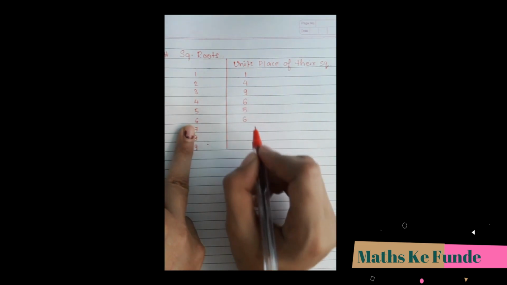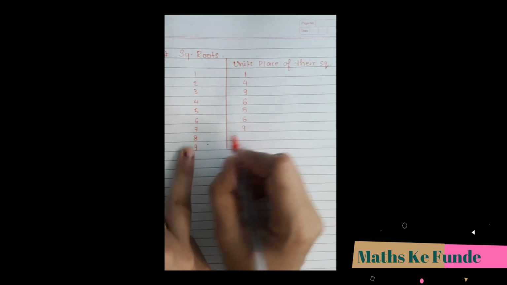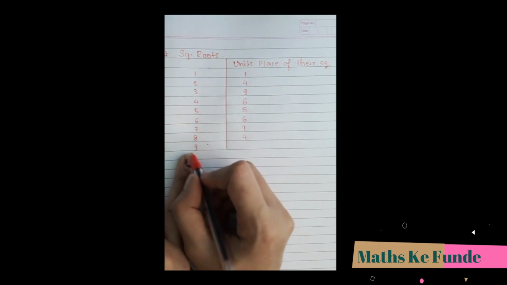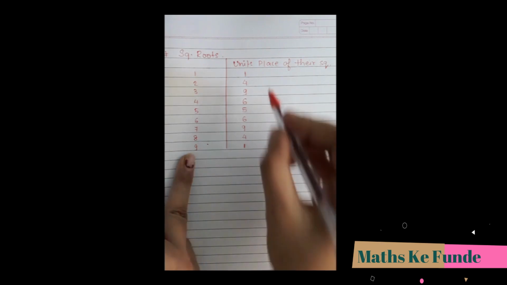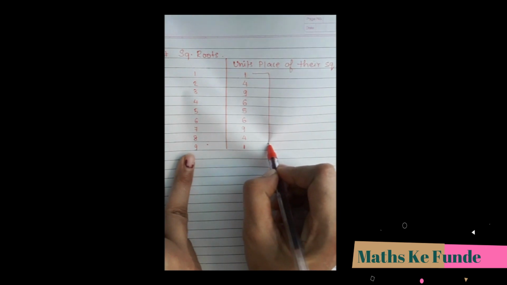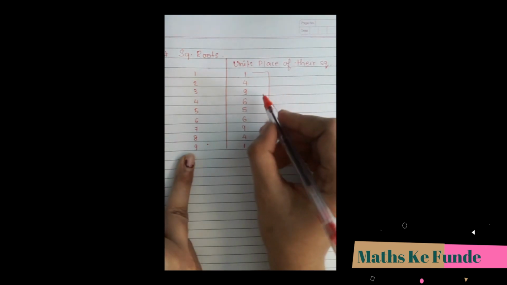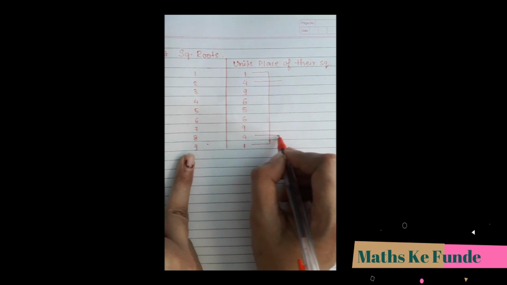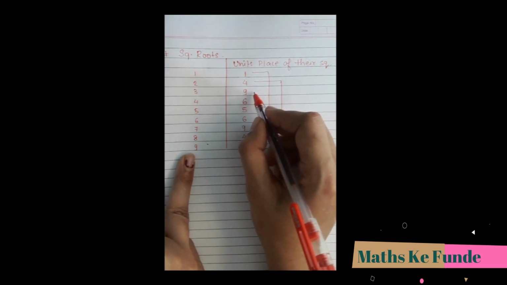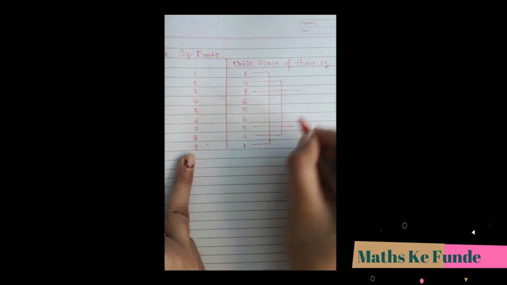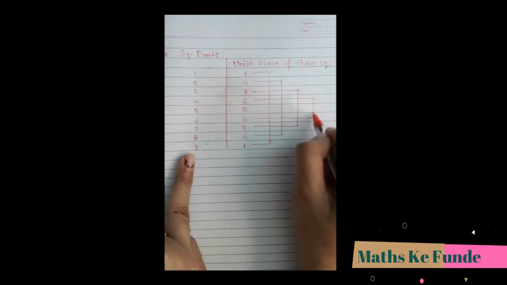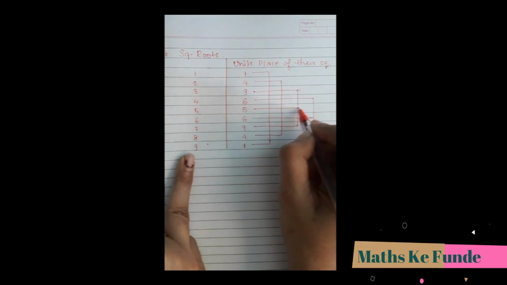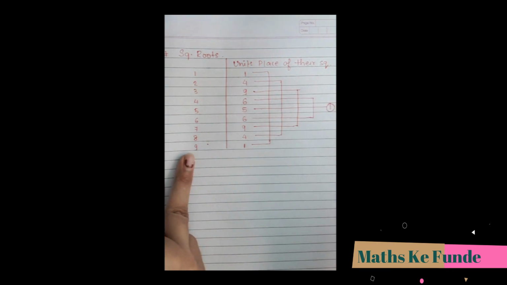Now 6 square is 36, so we'll again write 6. For 7 it's 49, so 9. For 8 it's 64, so we'll write 4. And for 9 it's 81, so we'll write down 1. Now if you observe these two columns, there is a particular pattern forming. The square of 1 and the square of 9 both end in 1. The square of 2 and the square of 8 both end in 4. Followed by the square of 3 and the square of 7, both ending with 9. The square of 4 and the square of 6 end in 6, except that it's only the square of 5 that ends with 5.